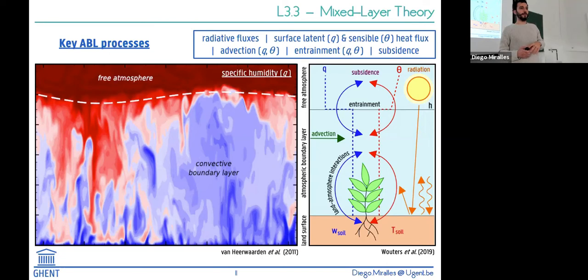And then I have another concept there, which is the subsidence. You're going to see it later in the practicals. It's more for meteorology, for the course that you'll have next year with Hans Verbeek. But subsidence is kind of like the large-scale tendency of the atmosphere to press or to depress, if you wish. That's essentially when you see high pressures like anticyclones in your weather maps. That means that the high pressure is essentially pushing the atmosphere towards the ground. So if the general atmospheric circulation at the large scale implies that the atmosphere is being compressed, for the atmospheric boundary layer to grow,